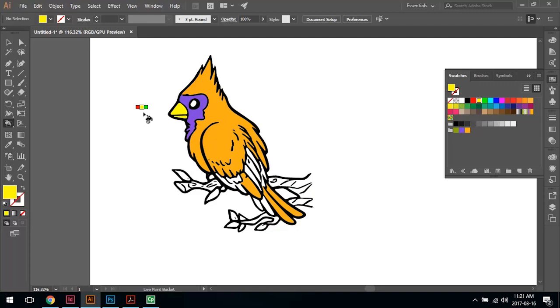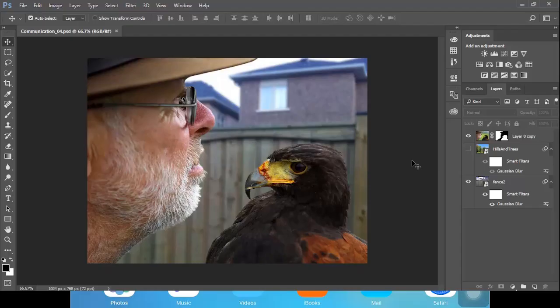I could, of course, even start grabbing the white arrow tool and start touching up the paths, or I could grab the eraser tool and start erasing sections that I don't want. Anything along those lines that you can do or think of in Illustrator, I can now do to this artwork. Alright, so I've switched over to Adobe Photoshop here, and in Photoshop I've got a photograph